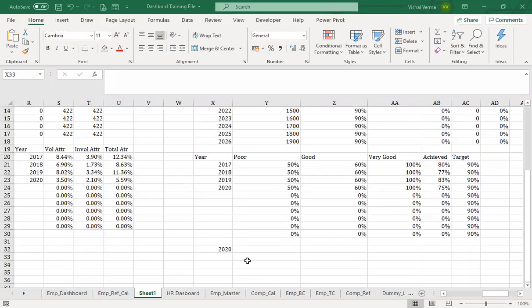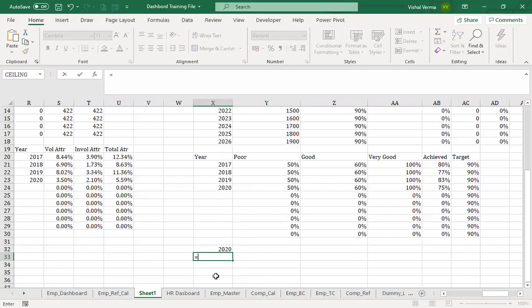We can have the data related to different years, but we'll be calculating for 2020 only. So all we need is the details related to 2020.